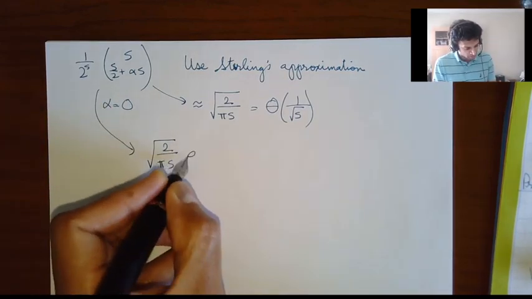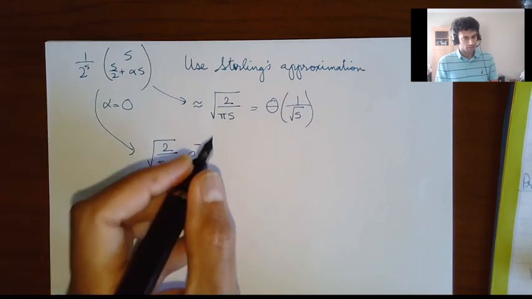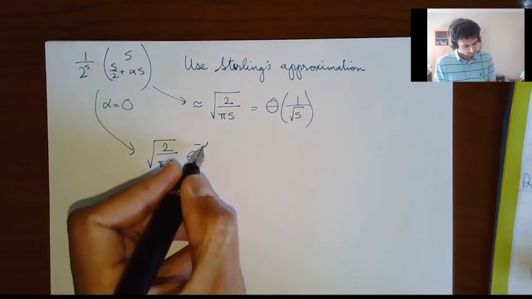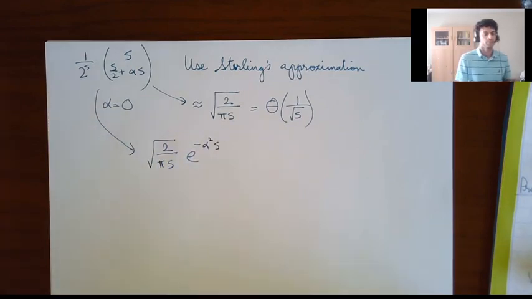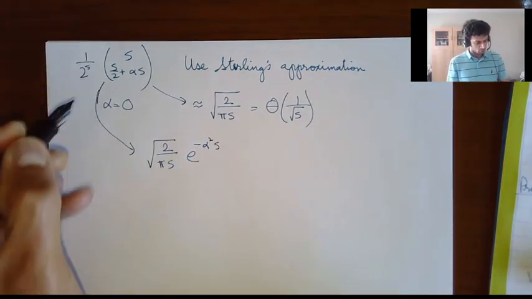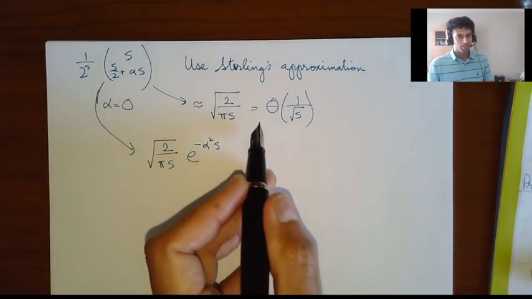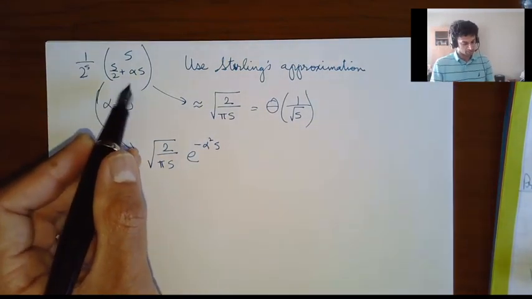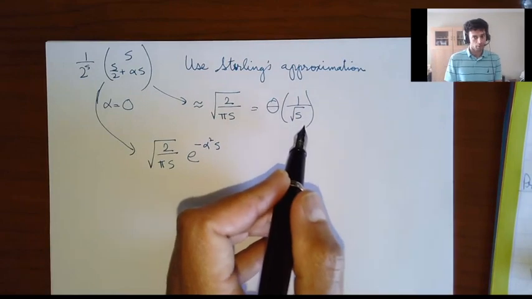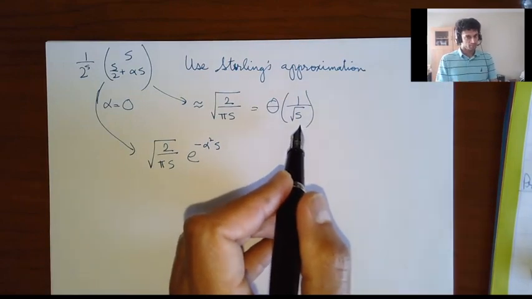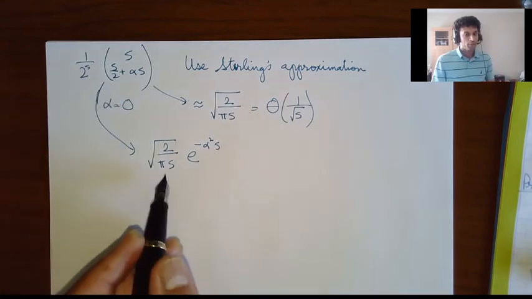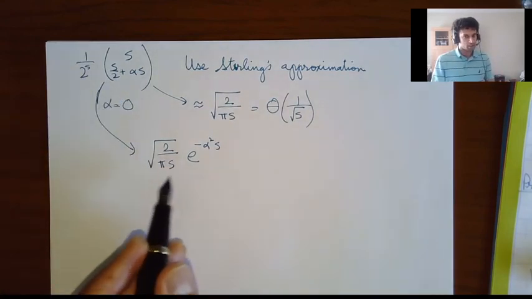You get something that looks like this. So if you did the general, you did Stirling, you'll get that. So if you look at the middle binomial coefficient when alpha is equal to 0, this is when you get perfect estimates. This is essentially 1 divided by root s. That's the probability. But if you look at it for general alpha, if you apply Stirling's approximation, this is the expression that you get.